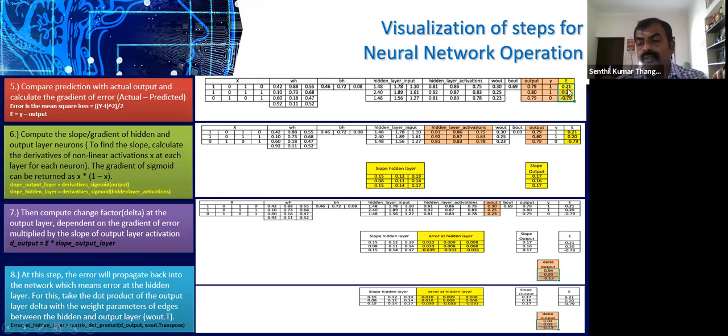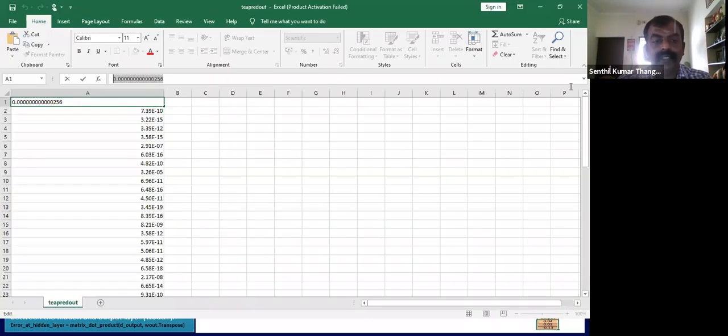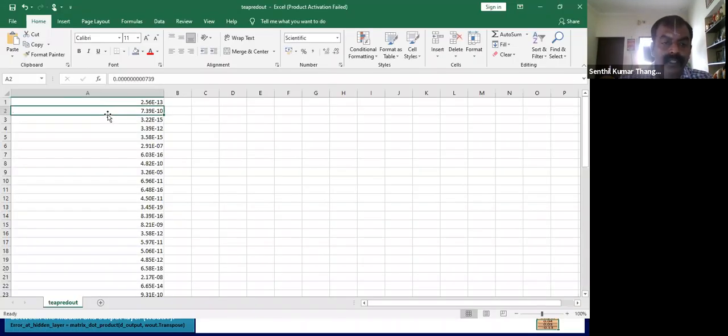So what it will show is, for every individual tea leaf image, the error value that it is getting. Now this error value will give us an inference. Let's take 0.10256 as the error for the first image, 0.10739 as the error for the second image, and 0.10322 as the error for the third image.